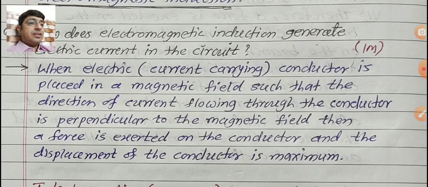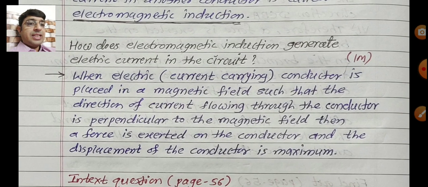When a current carrying conductor is placed in a magnetic field, means a magnet is present around the electric conductor, so there is automatically a magnetic field present, such that the direction of current flowing through the conductor is perpendicular to the magnetic field, then force is exerted on the conductor and the displacement of the conductor is maximum. So in this way, electromagnetic induction generates electric